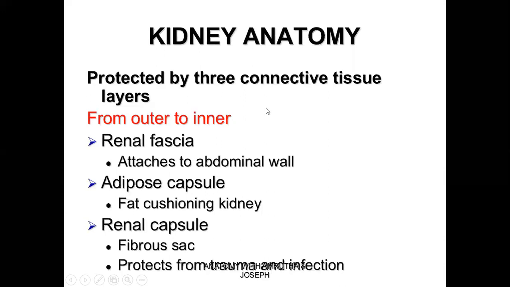Let's see the anatomy of the kidney. It is protected by three layers. They are made of connective tissue, from outer to inner. They are called the renal fascia, adipose capsule,